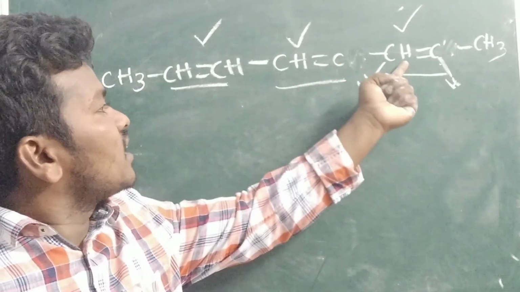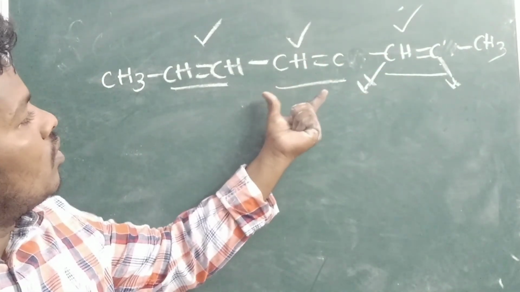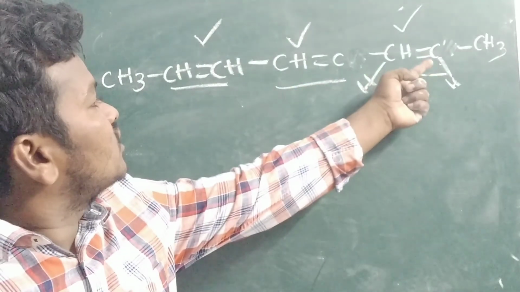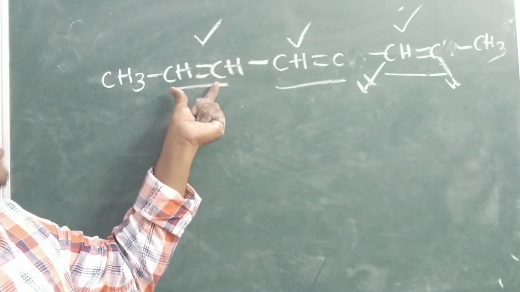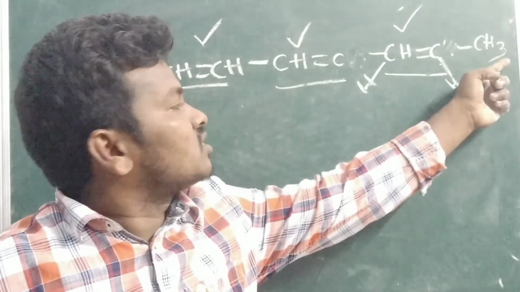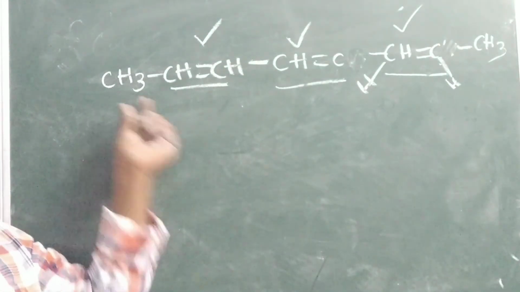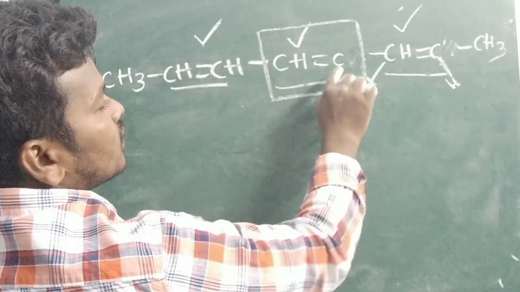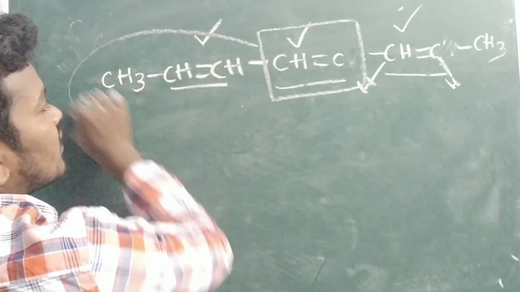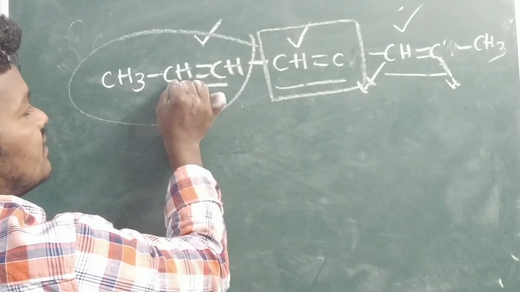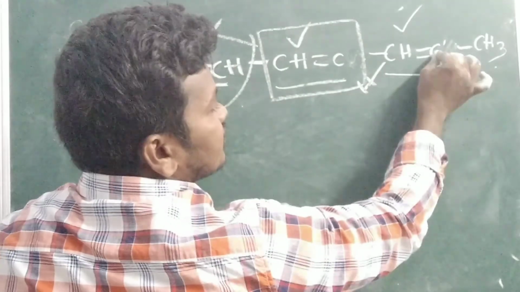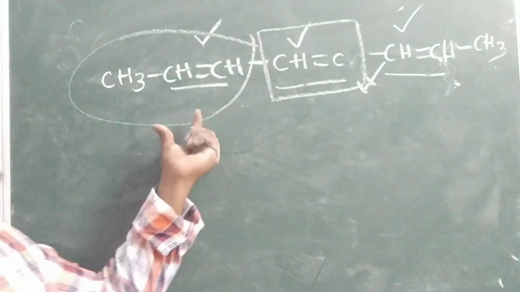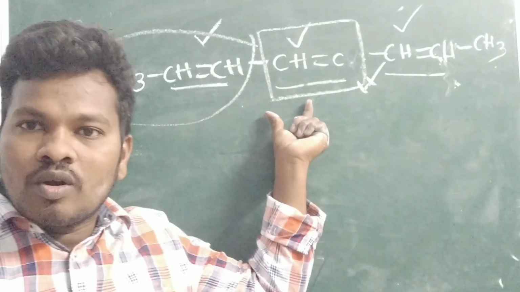This side, this carbon containing what? CH. This carbon we are holding it. This carbon containing what? CH. So this carbon containing what? CH double bond CH. Here also CH double bond CH. See this carbon opposite side what is there? Methyl is there. This carbon opposite side what is there? Methyl is there. So just hold like this here. CH double bond C. What is there this side? CH3 CH CH. CH3 CH. This is the hydrogen. Here I mentioned. CH3 CH CH. Same, no? Same but opposite, but symmetry only, you know.